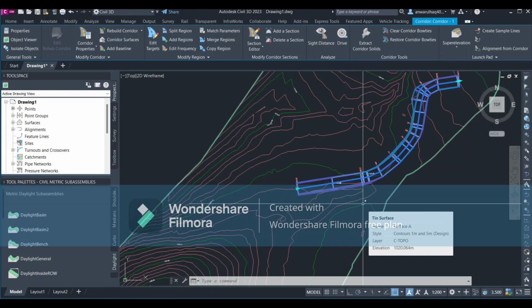Last time we learned about the corridor, how to prepare a corridor, and what the requirements of a corridor are. Now the corridor is basically the actual result of all your hard work in Civil 3D. If the corridor is completed, it means you have done almost all your work in Civil 3D related to your road project or